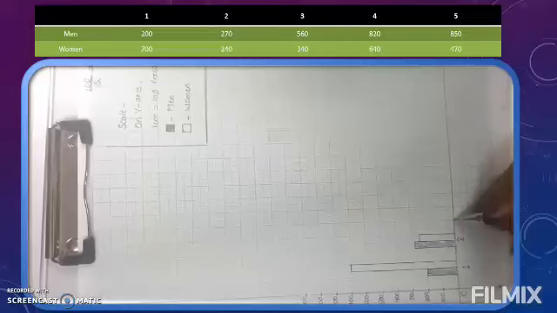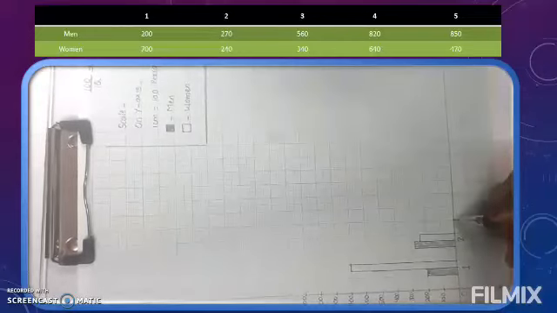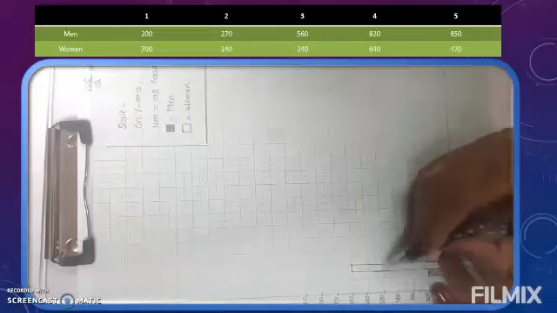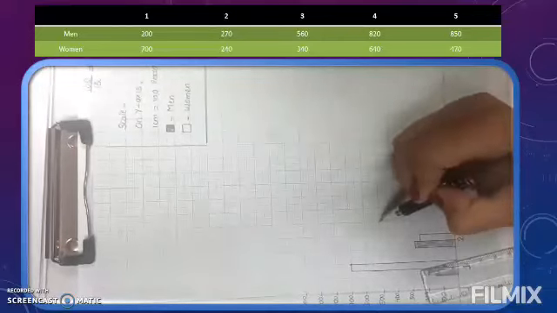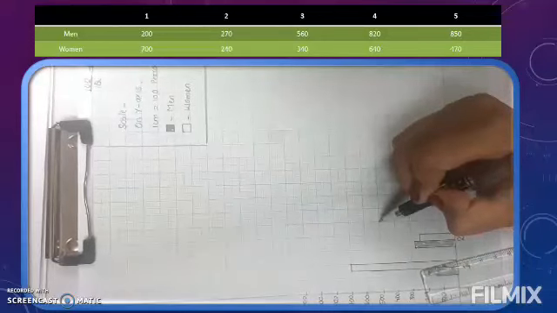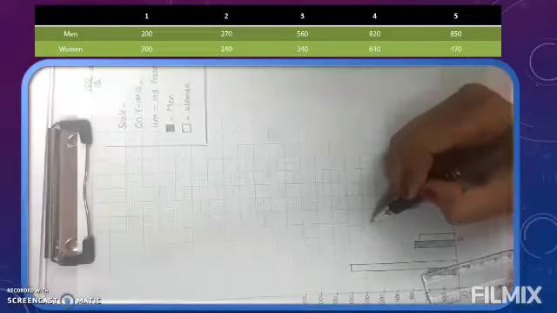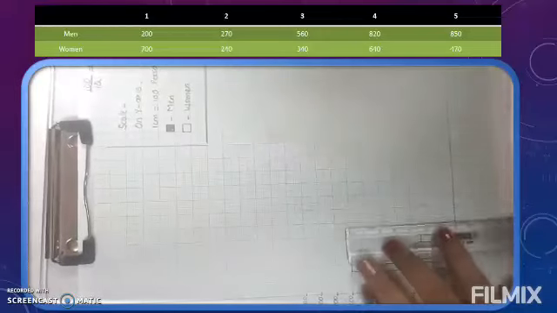We will start from next darker green line and we will see about booth number 3. 560. Now you tell me, you think where we will get 560? Here we have 500. Clear? 60 will come on which line? You tell me. As one line stands for 10. So second line will be 20. Third line will be 30. So if we consider that way, so sixth line will stand for 560.